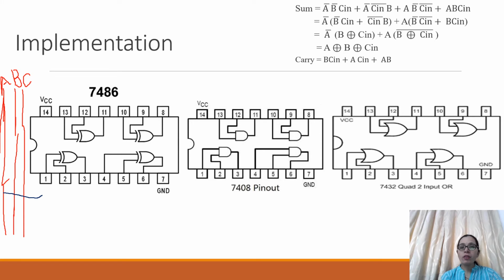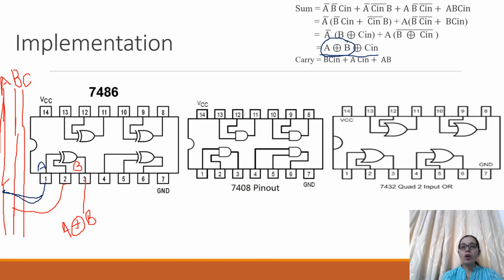What is the expression for the sum? A XOR B XOR C. So first we have to XOR A and B. We will take a wire from here and insert it over here. This will be my A. Now XOR with B. I want to XOR it with B, therefore for B I will use red. For the second input I will give B. So that is A XOR B. What is this output that I have obtained? This is now A XOR B.